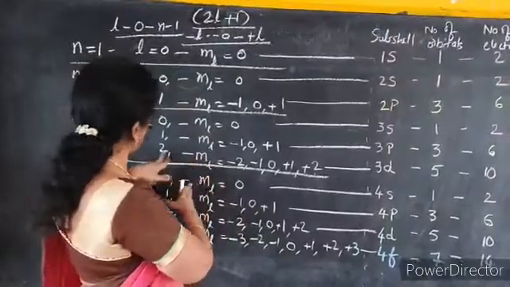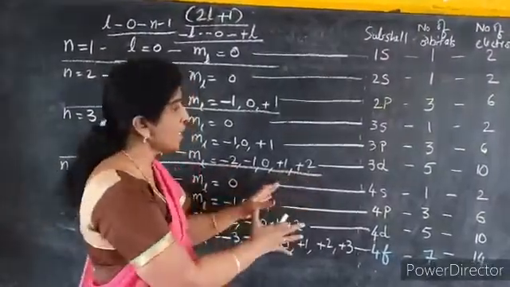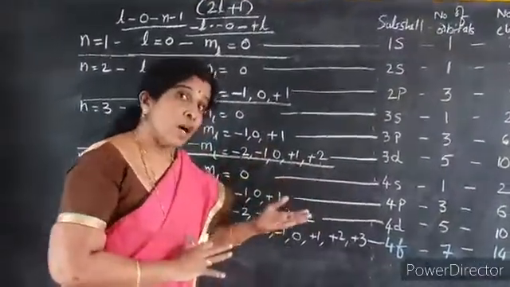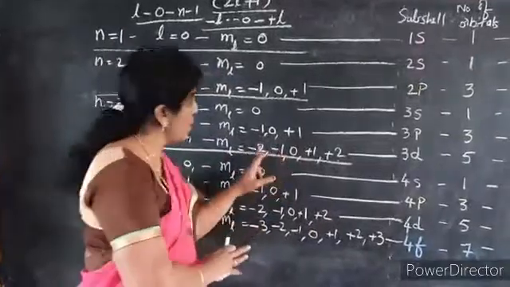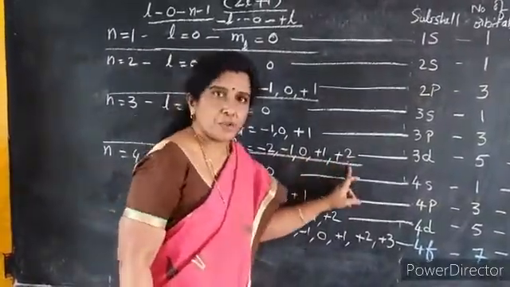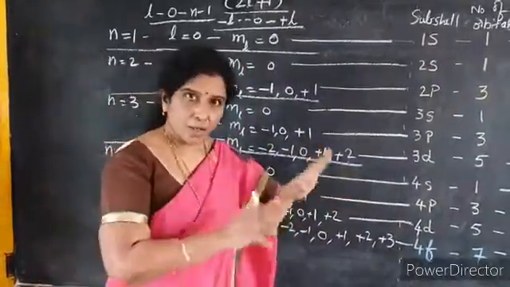Now for example, you take when l is equal to 2, you are having total 5 ml values, indicating that there are 5 portions in that house. And what are the house numbers of the 5 portions? -2, -1, 0, +1, +2. So if you correlate with these examples, you will never forget the concept.